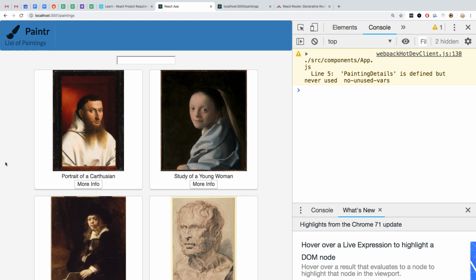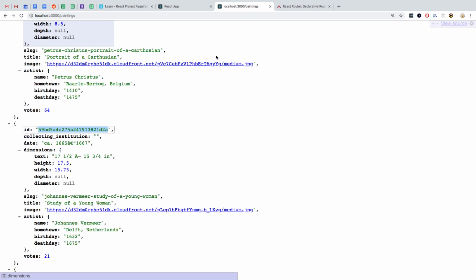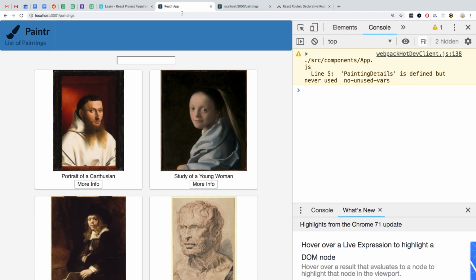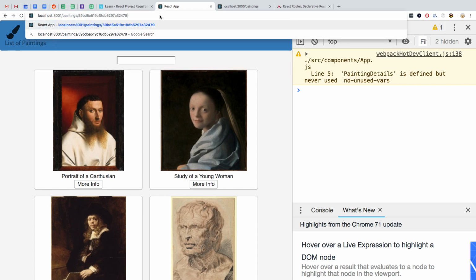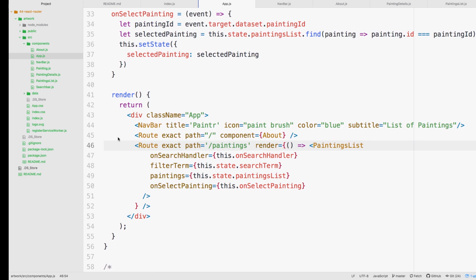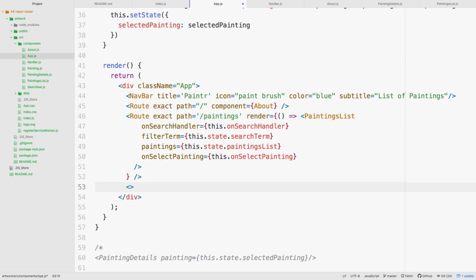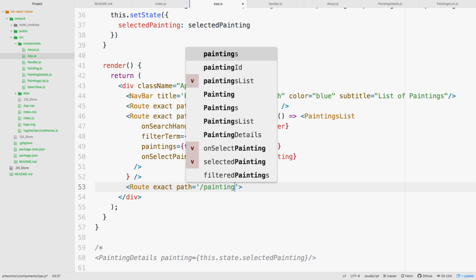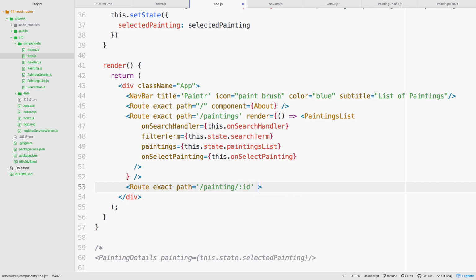So the last route we are going to build out, we've done the about, is /paintings and then /some ID. So this is my portrait of Carthusian. His ID is this one right here. Ideally, if I do /paintings/his ID, I should see some sort of show page for that painting. So we can add in one more route. Let's match exact path. And the path we want is if the path of the URL in the browser is /paintings/some ID, we want to